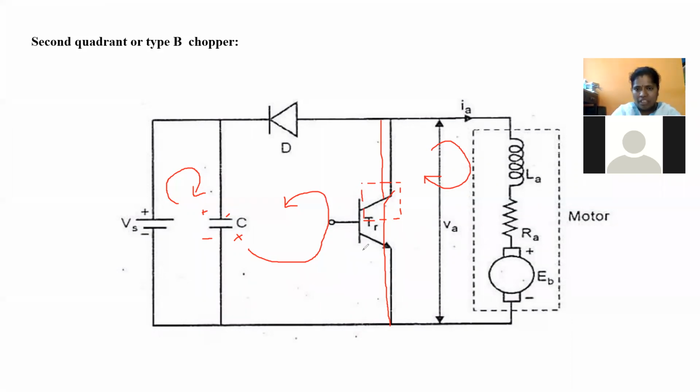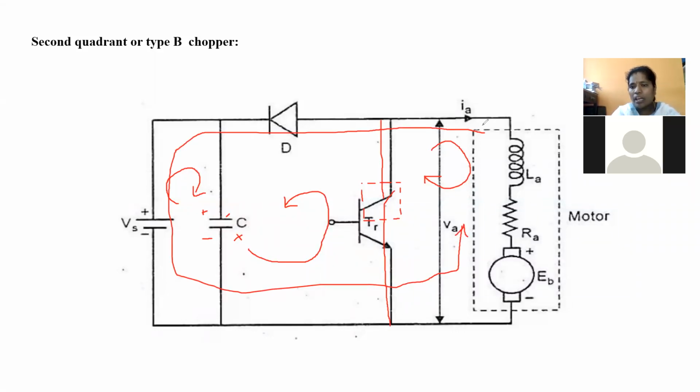Okay, listen. Whenever the chopper is in off condition, our armature current is going to leave from the motor, and during the turn off condition of the chopper, the current is going to take the path like this. That means armature current, diode, supply voltage, back to motor and inductance. Here we have already said that this device, the diode, is known as not a freewheeling diode but a forward blocking diode. That means it will avoid the reverse current which is coming from the motor. Remember, it is a reverse current.